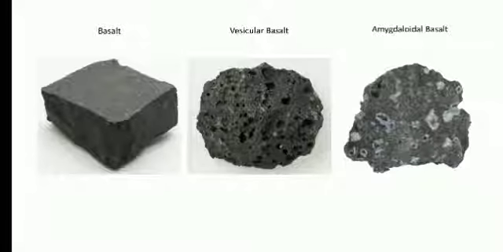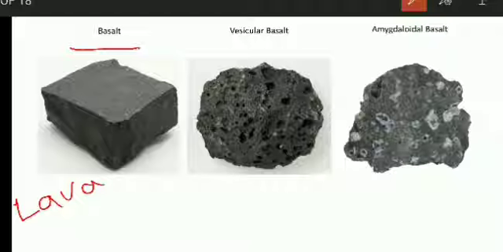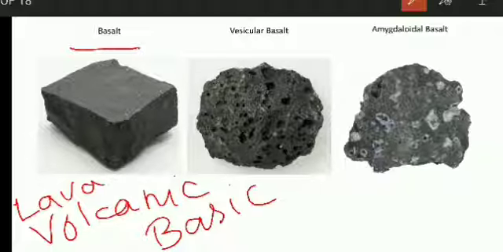Then this is a very commonly used rock, that is basalt. So basalt, how is it formed? It is formed by cooling of lava, and it is on the surface. So what we call it is an extrusive igneous rock, whereas granite and all are intrusive igneous rocks. So this is a volcanic rock, and it is dark colored, so we use the word basic. So it is a volcanic basic igneous rock.